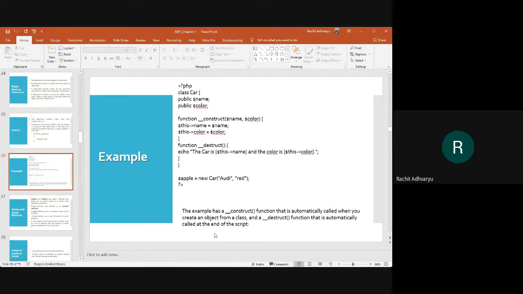Let me know in the chats. Okay, I got one answer called retrieve values. What about other answers? What is the main use of getter and setter? Setter is going to set the data, getter is going to return the data.